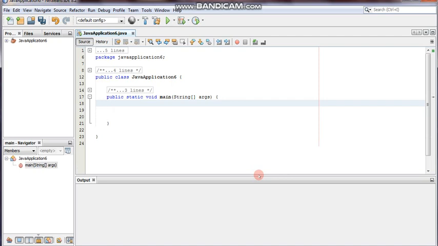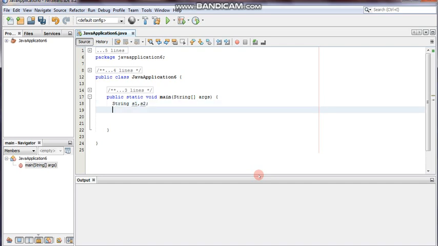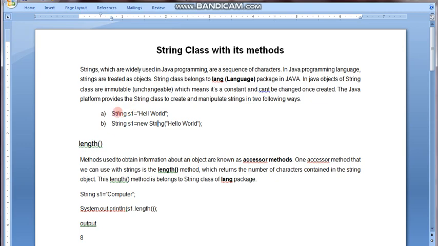I am going to show you the two ways Java creates objects. I am declaring two string variables, s1 and s2, so I created two objects. One I will declare like this and one like this.